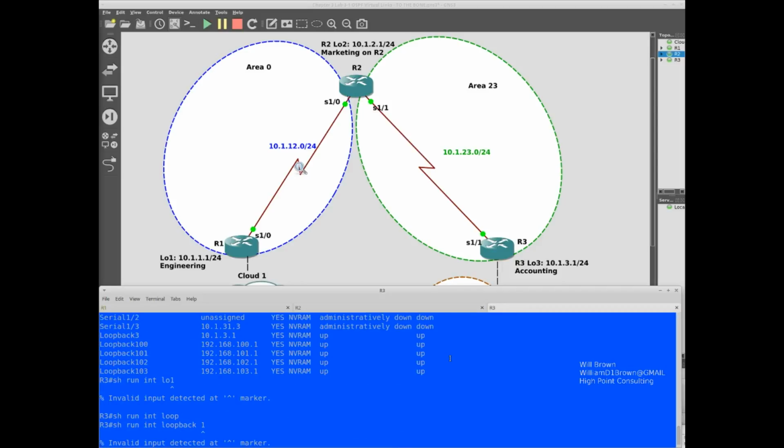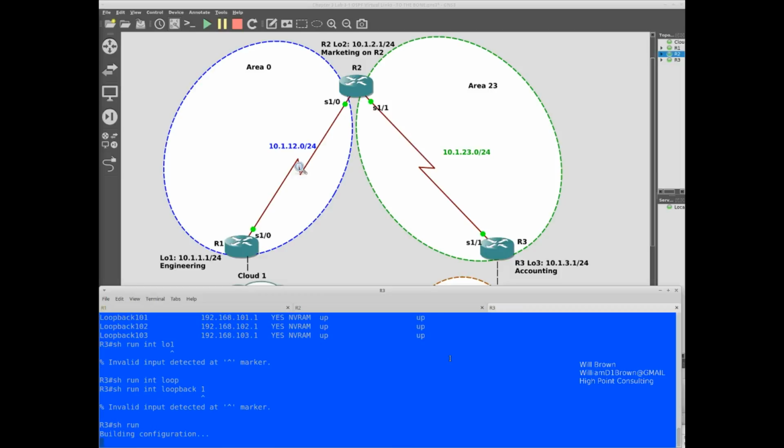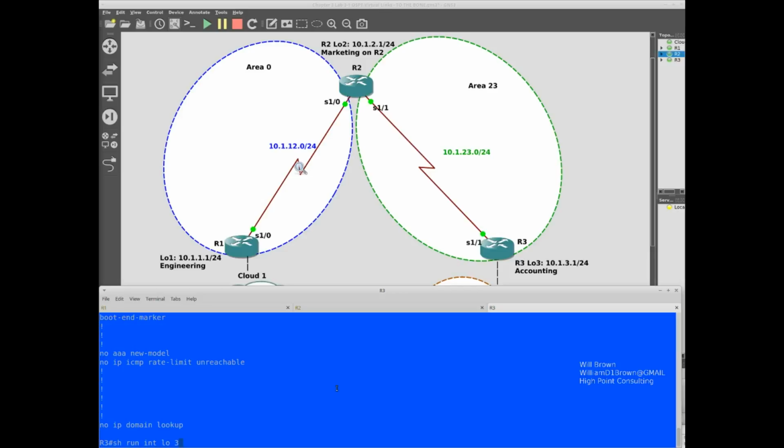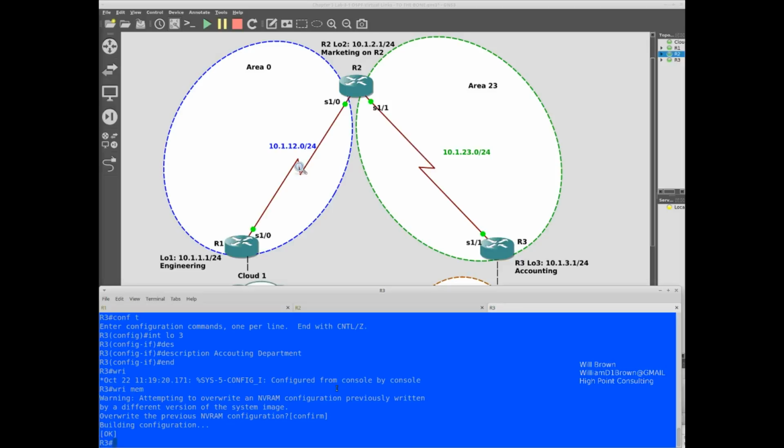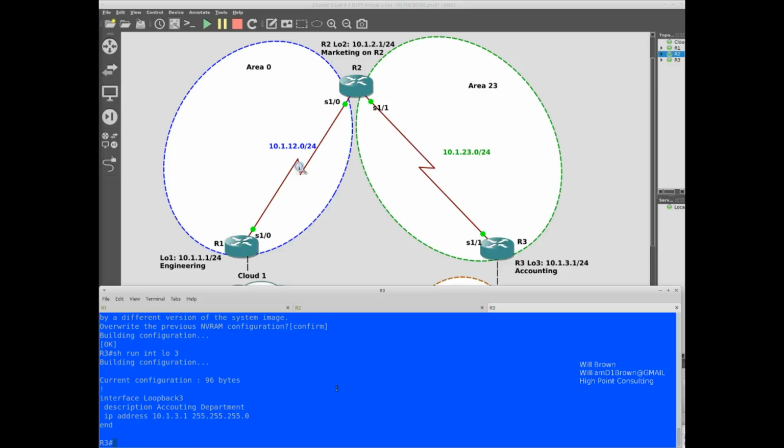And over to router 3. Okay, so now I have those loopback interfaces with the appropriate description, an indication of who they are and what they're doing.